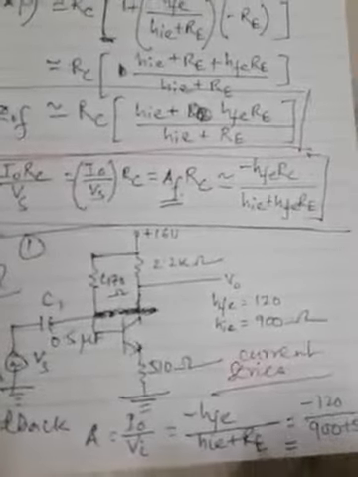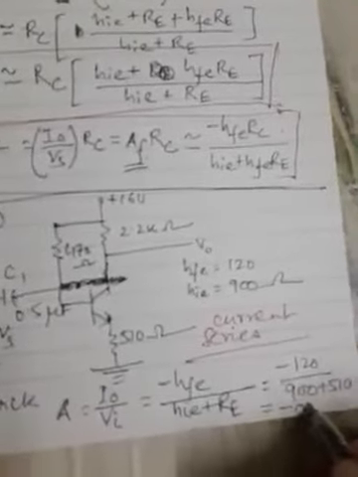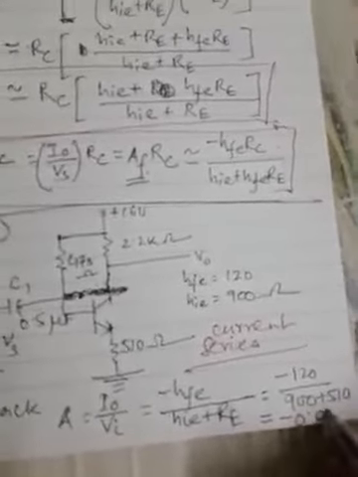So this is minus HFE means it is minus 120 by 900 plus RE is 510. So this should come as minus 0.085